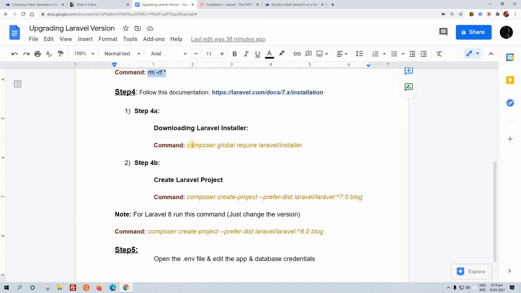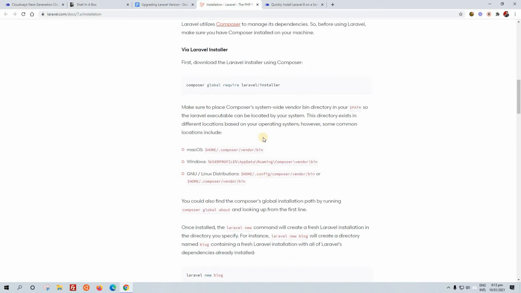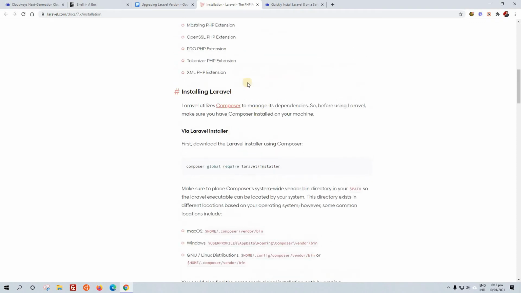Moving on. So we are going to use this command to first download the Laravel installer. If we go to this installation guide of Laravel, the official documentation, it says you first have to have the composer.